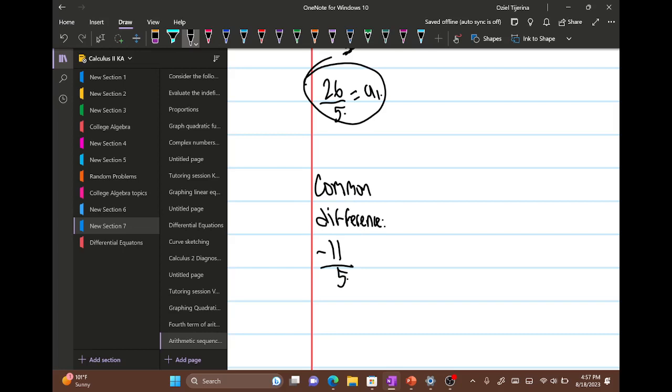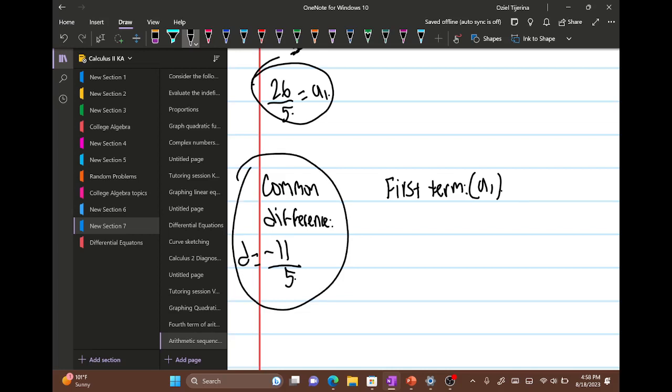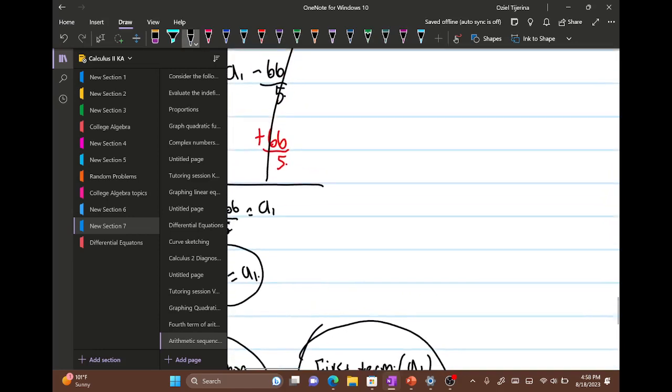And then I also know that my first term, or a sub 1, right? My first term, a sub 1, would be, so we'd say d equals negative 11 over 5 for this. And then my first term, a sub 1, we would say a sub 1 would be 26 over 5. Like that, right? And then finally, we would end up saying,